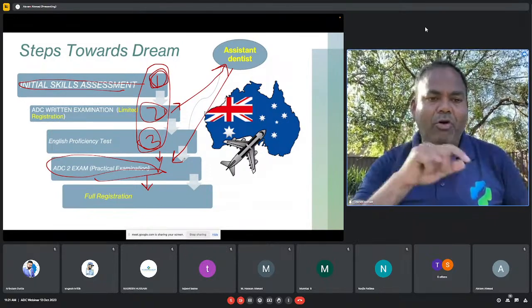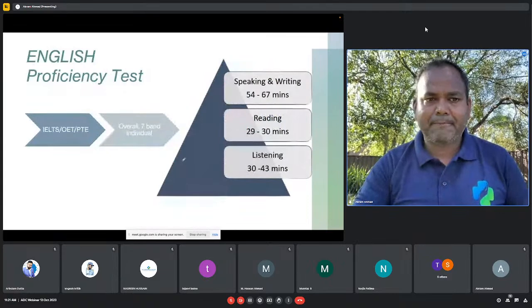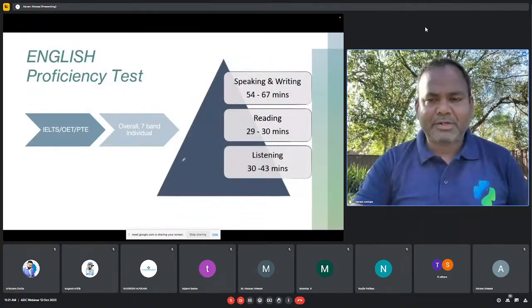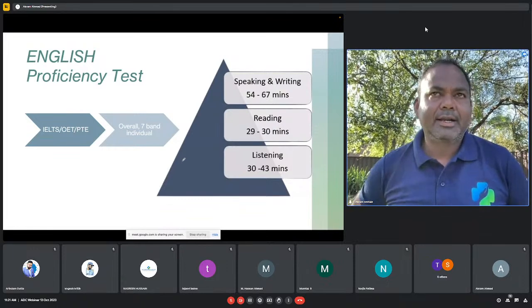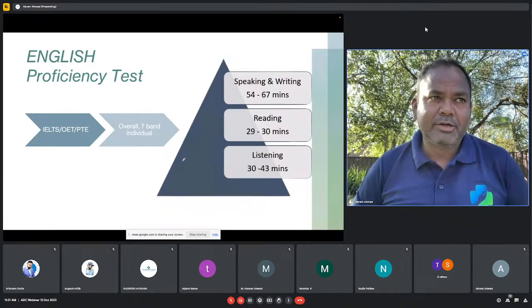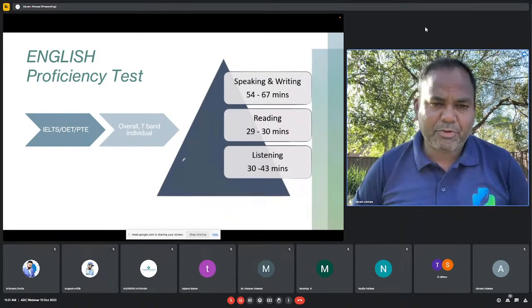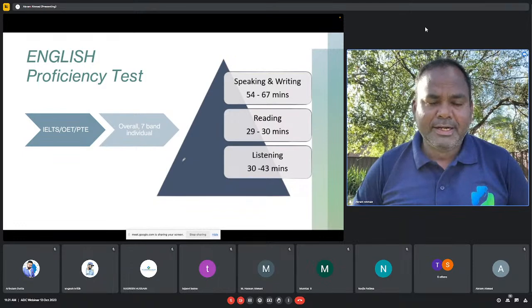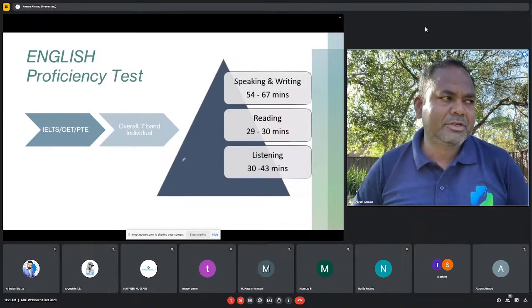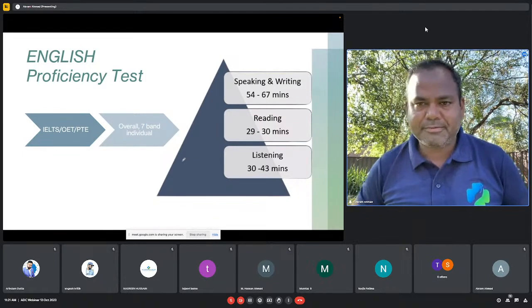Academically will help you to complete all these steps. So these are the English proficiency tests. As I mentioned earlier, you need basically IELTS Academic or PTE Academic or OET you can give. IELTS Academic needs a 7 band individually in all four components, and the same for OET, which needs B or 65 individual. In PTE you need